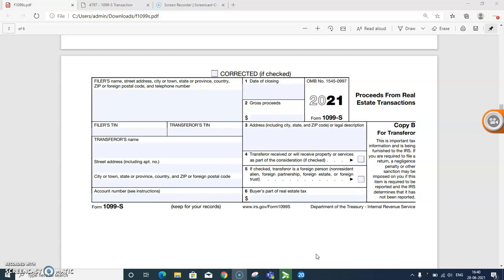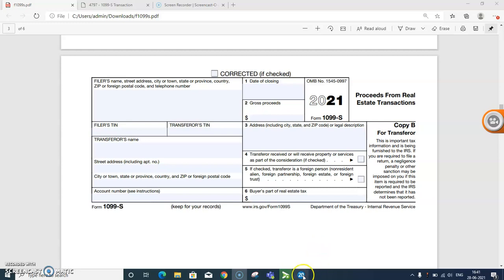But if the sale is related to business or rental property, then you need to report it on form 4797 and Schedule D. So guys, be very clear about this. I am repeating again and again because people sometimes get confused where to report the form 1099-S. So whenever you receive the form 1099-S, please go through each and every detail, the purchase agreement, the property details, whether it was a business or rental property or whether it was a residential property. Please guys go through it.